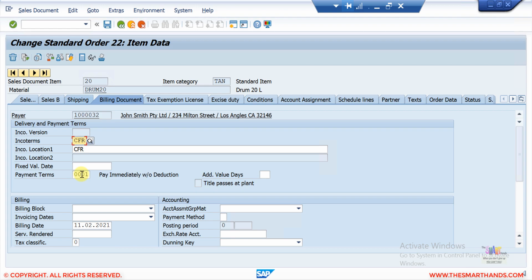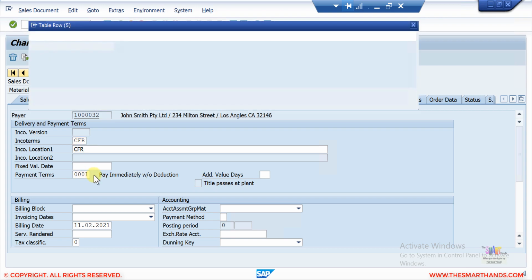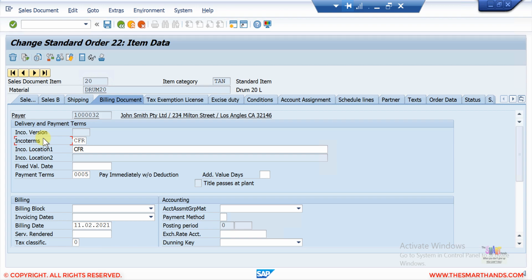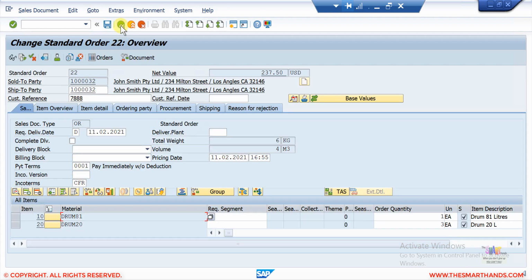For example, I want to change the payment terms here, which is coming from the header. I change it to, say, 005, and press enter. You can see the system is allowing me, there is no error, because this is set up in the item category customizing. Now what is item category?